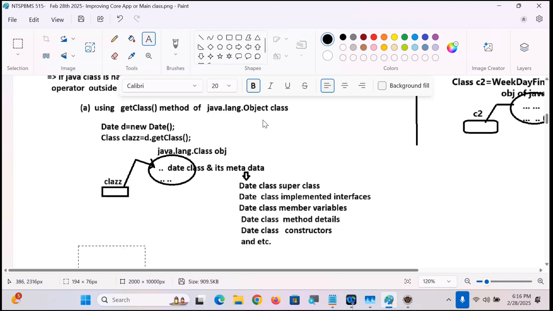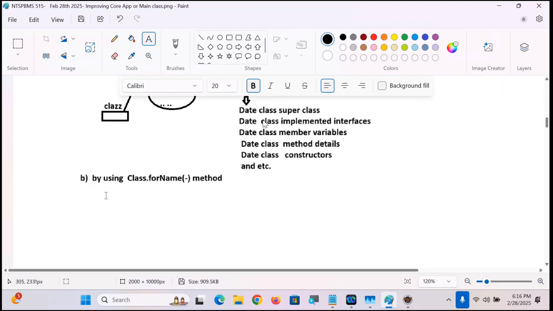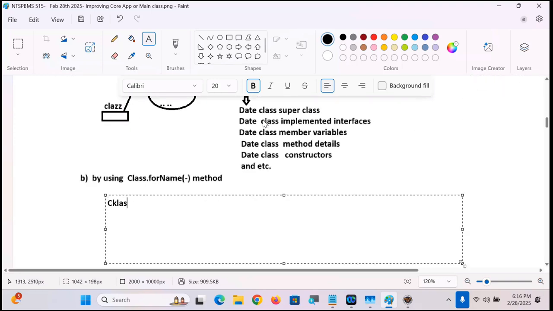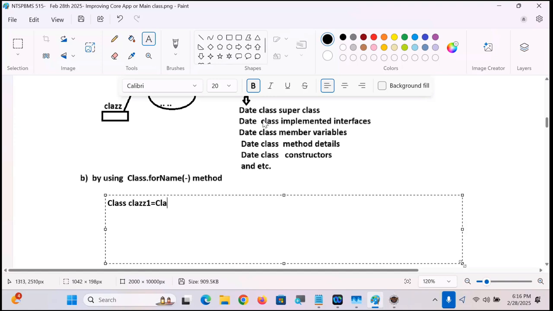There is one way, guys. Another way: by using the Class.forName method. In JDBC classes, you studied this method. By using the Class.forName method, let's see. Class c1 is equal to Class.forName("java.util.Vikram");